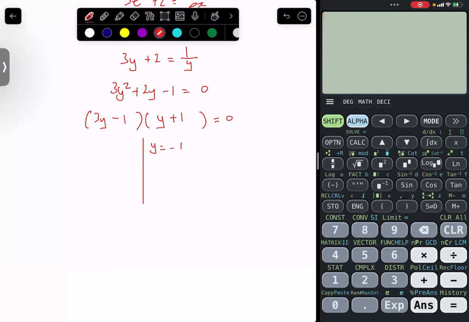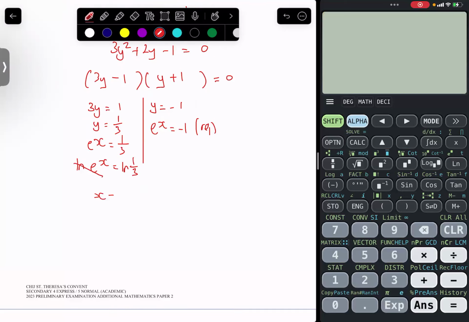y equals -1, so e^x equals -1, which is not possible, because an exponential can never be 0 or negative. So this will be rejected. So 3y equals 1, y equals 1/3, e^x equals 1/3. Take ln on both sides: ln e^x equals ln 1/3. So ln e cancels off, x equals ln 1/3, which is ln of 1 over 3,